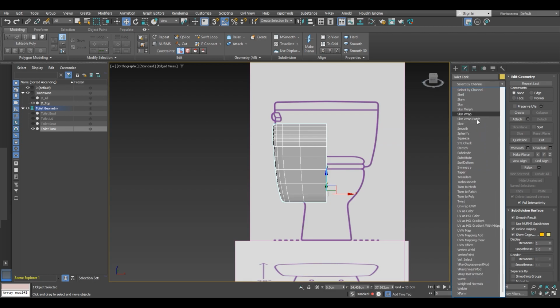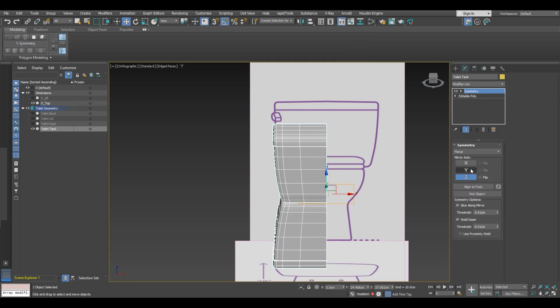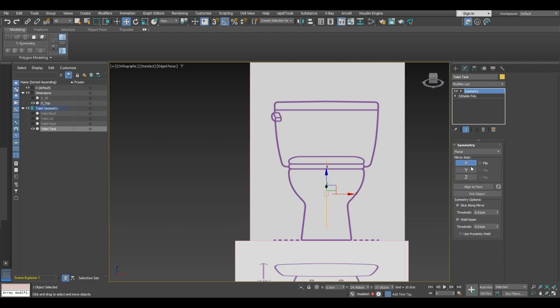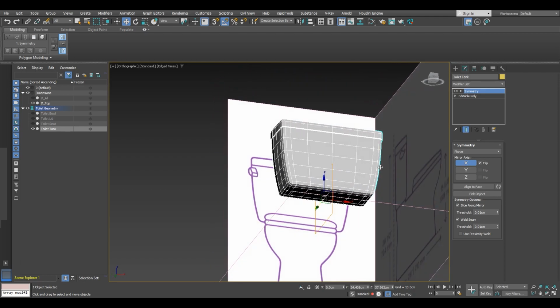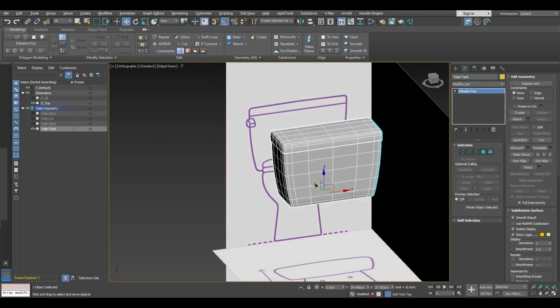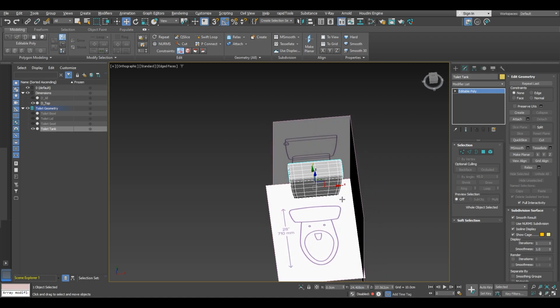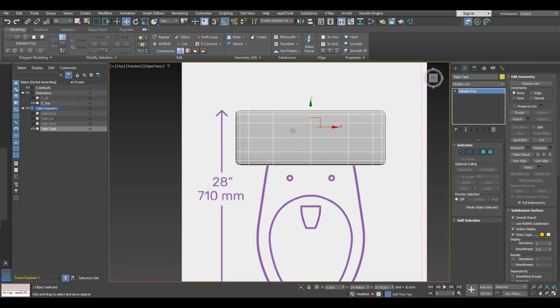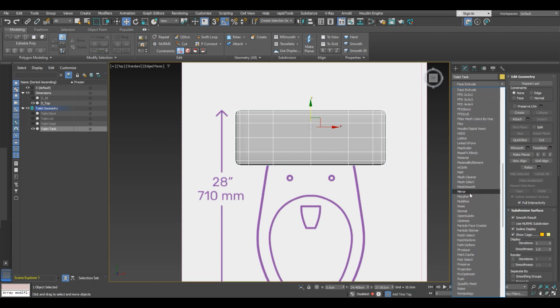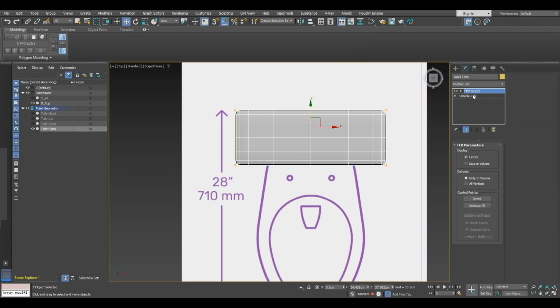So then we're going to go ahead and add a symmetry modifier on the x-axis. Just don't forget to check the thresholds, and then you can convert the object to editable poly. So if we now see it from the top side, we can see that it's not square as we've done it. So we are going to have to edit that. Then we can go into the modifier list and search for a modifier called FFD. So we are going to apply FFD 2x2x2,